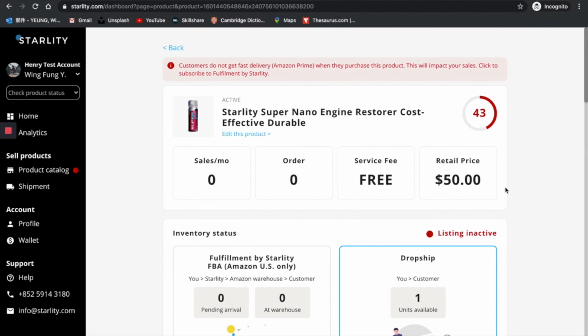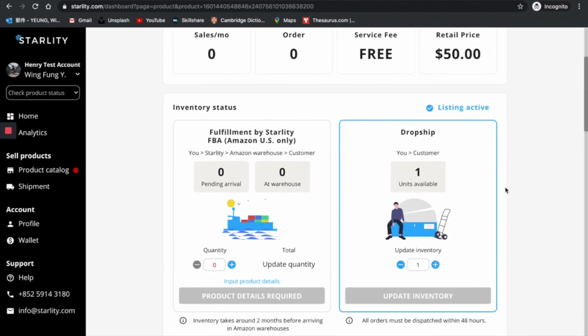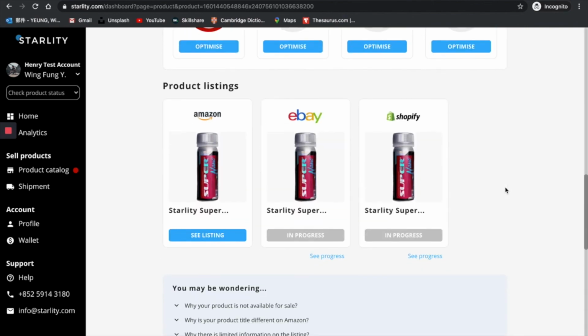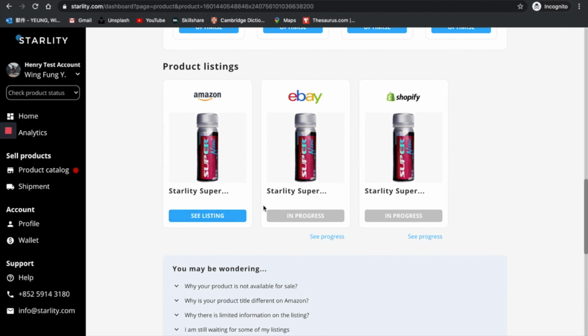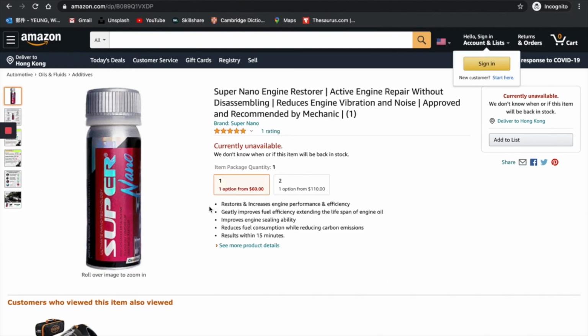and then we go to this page, and we scroll down to the bottom of the page, and you will see this, and you have successfully listed your product on Amazon. You can click the button here, see listing, and it will direct you to the Amazon product result page, and we click see listing. And now you have completed the whole process